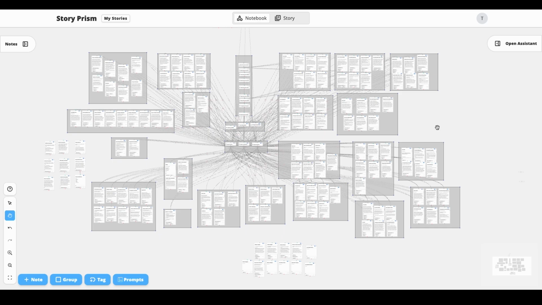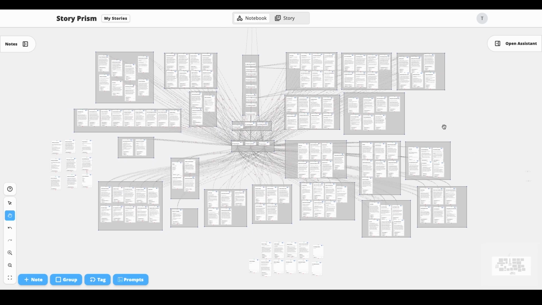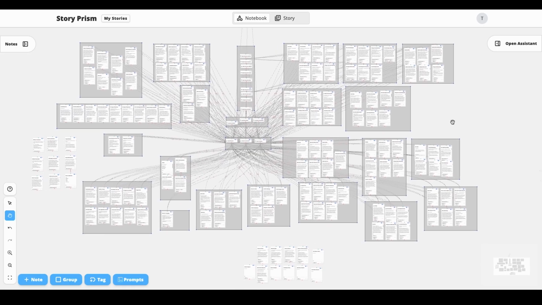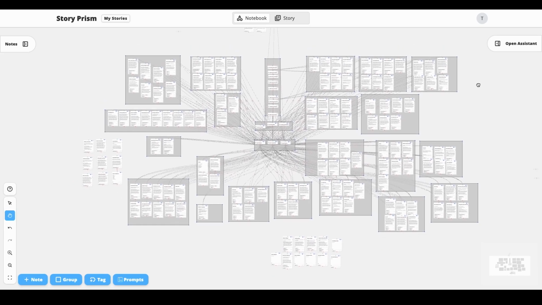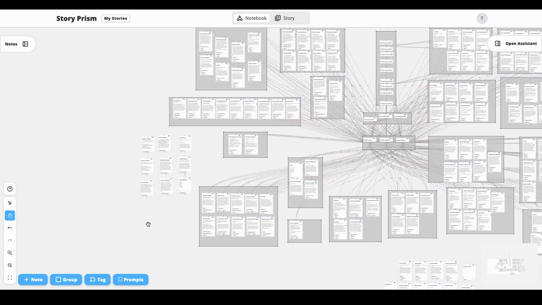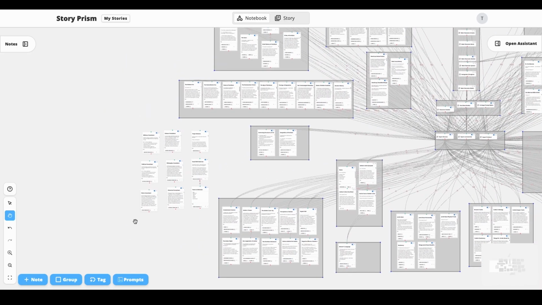There isn't really a story here. This is more of a world with a whole bunch of characters and lore and history and stuff like that. You can pretty much use the open assistant to have a conversation with it and to explore and discover this world and come up with different stories depending on what you want to do with it. It's a little messy right now. This is stuff that I'm currently working on, and these are actually really interesting prompts that we're planning on rolling out, which I'll show you in a second.